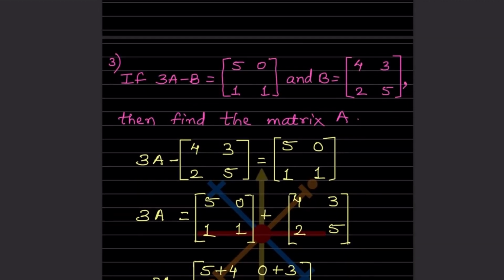Now just look at this one. They said if 3A minus B is equal to [5, 0, 1, 1] and B is equal to this matrix that is given, then you have to find the matrix A. So now look at here. First thing, what are we going to do over here? We will take